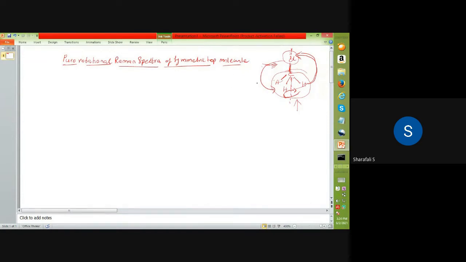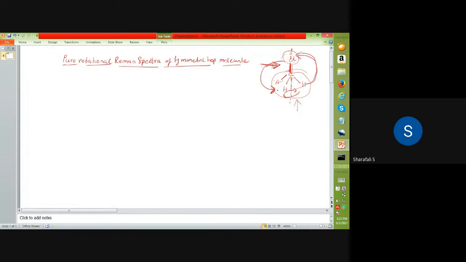For example, in this case, you have a CCl bond on this side, so correspondingly you will have some polarization on this side. If you consider that ellipsoid on this side of the molecule, you will have some different net polarization. And if you apply the electric field in this fashion, you will have some polarization. But when you change its position in such a way that this chlorine is coming to this side and this CH bond is coming to this side, then that will result in some different